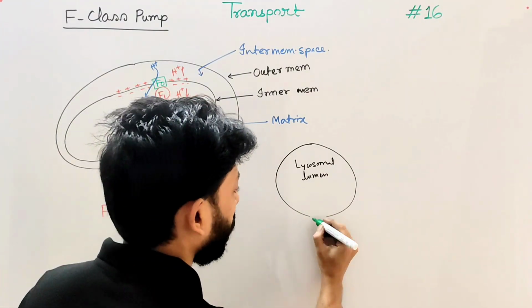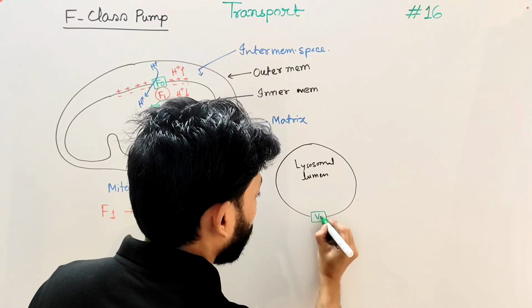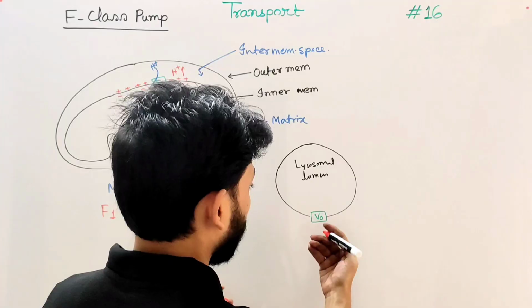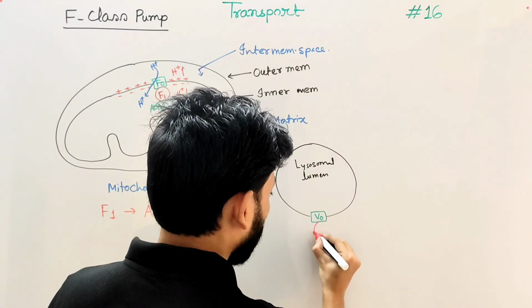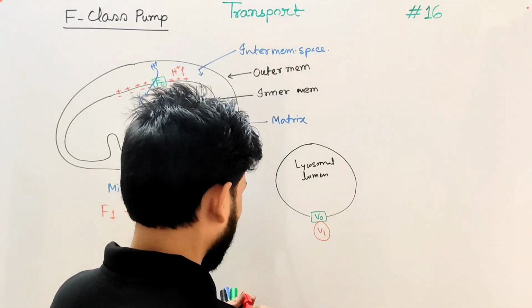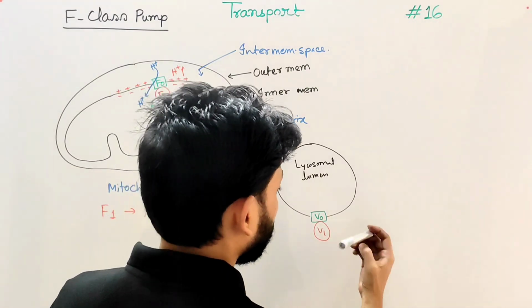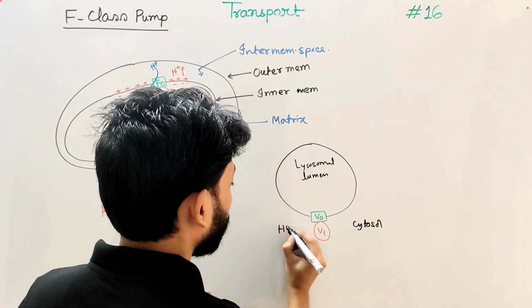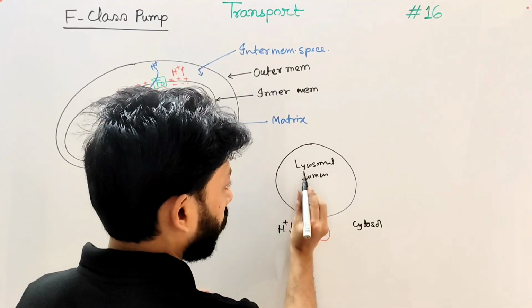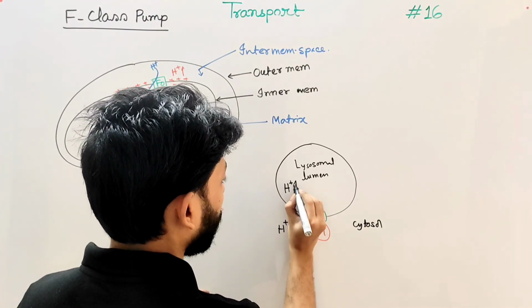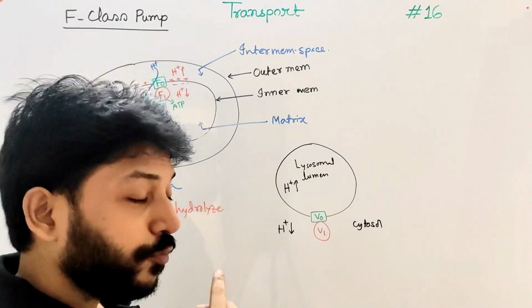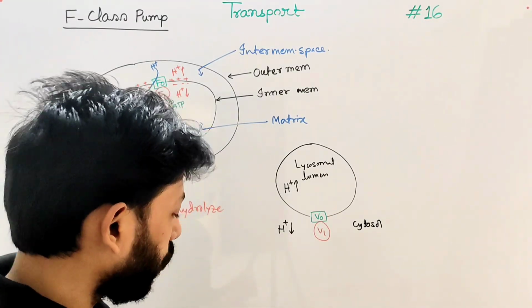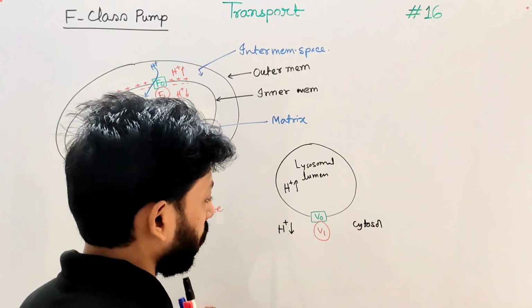It also has a VO segment that is present in this membrane and a V1 segment like the F1 in the cytosol. So this is the V1 and this is the cytosol. In the cytosol the proton concentration is low, and inside the lysosomal lumen the proton concentration is high. But this V class pump breaks down ATP